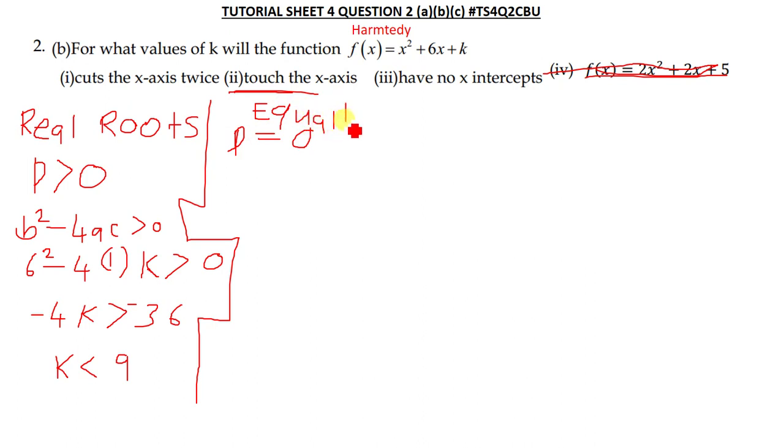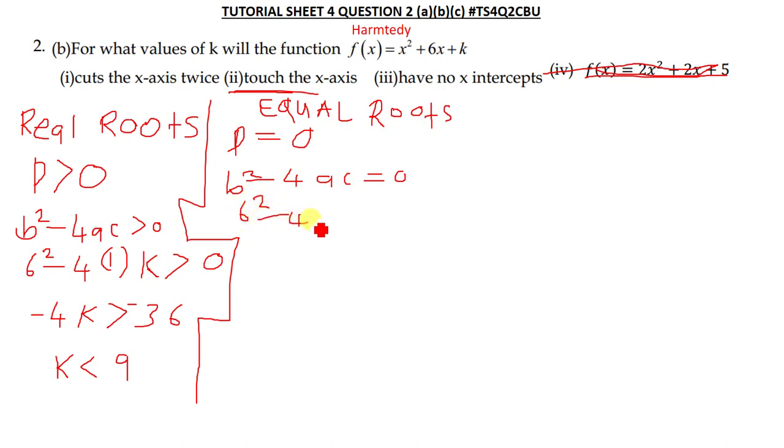So this one only occurs when it has equal roots. Okay, I don't know how to write letters using this. So when d is equal to 0, it has equal roots. So we're going to have b squared minus 4ac being equal to 0. So b squared is going to be 6 squared minus 4 times 1 times k